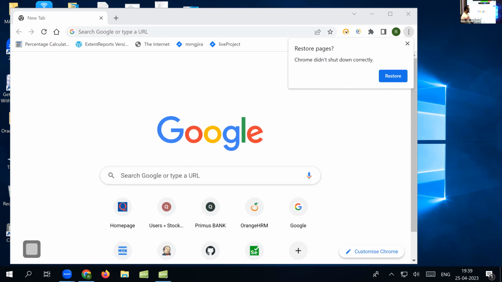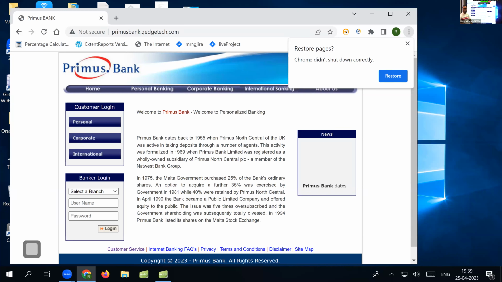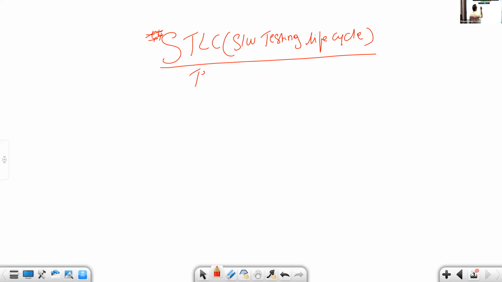I'll be assigning this project to all of you. Along with me, we need to test this project. What we test in this project means what we do in STLC to test it. First, we need to know how to prepare a test plan. Who is going to prepare a test plan? How is a test plan prepared? And what is the main objective of a test plan? That I'll explain to you. At the same time, very, very important is